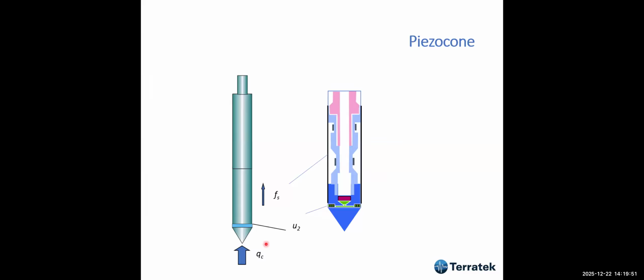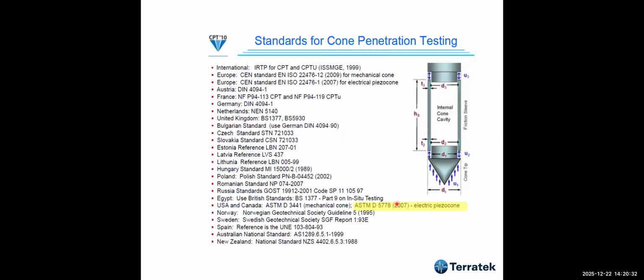And this is the electrical piezocone which we use today, in which we measure three parameters: the tip resistance, the pore pressure at this position here, and the friction at this sleeve. So it's an electric instrument with load cells to measure the tip resistance and the friction. And there's also a transducer here to measure pore pressure. This is very much the main site investigation tool we use today.